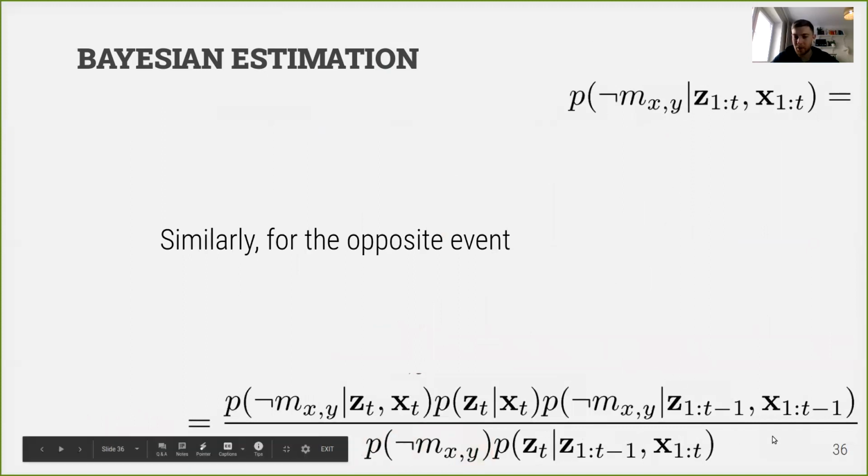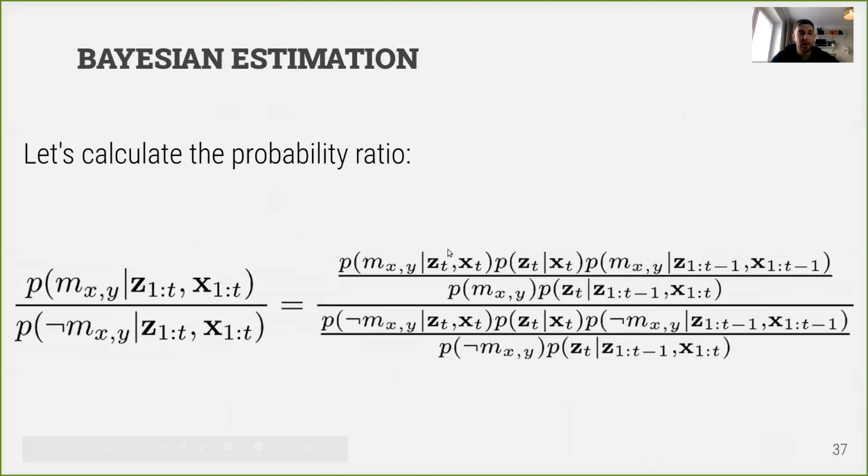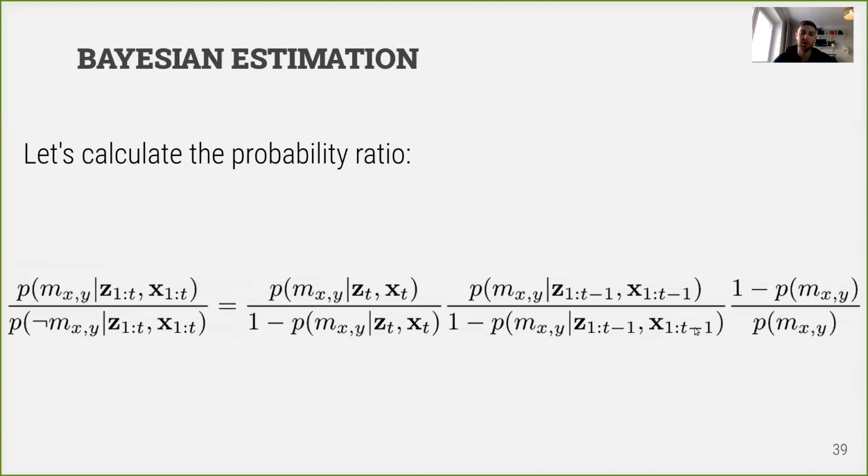And we get the same huge equation, but in all places our map cell event is opposite. And we can calculate a ratio of those two probabilities, of those two events. So here in the numerator, the probability of map cell being occupied, and in denominator, the probability of map being free. We have these two huge equations, which are quite similar. We can cross out some members, and we are left with something like this, which is still looking really huge and scary, but